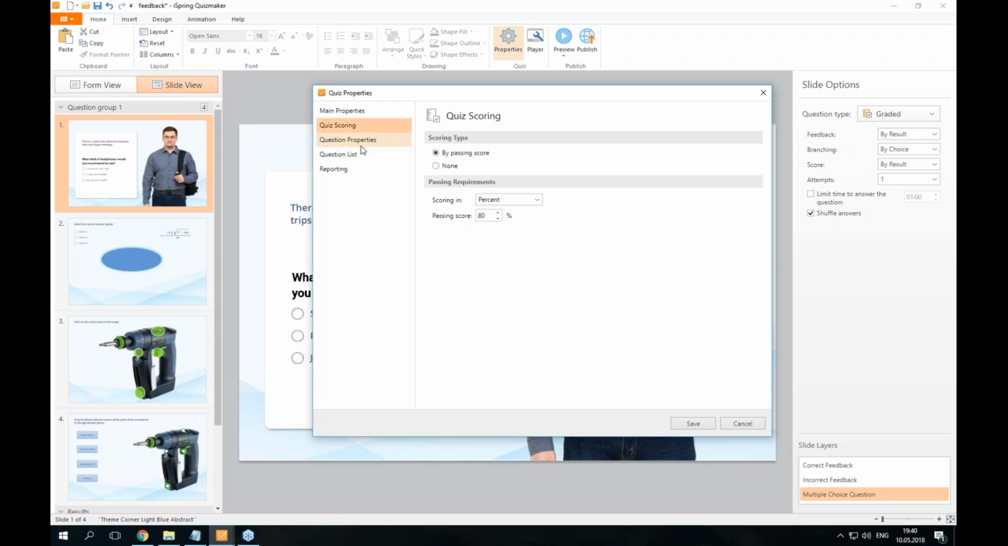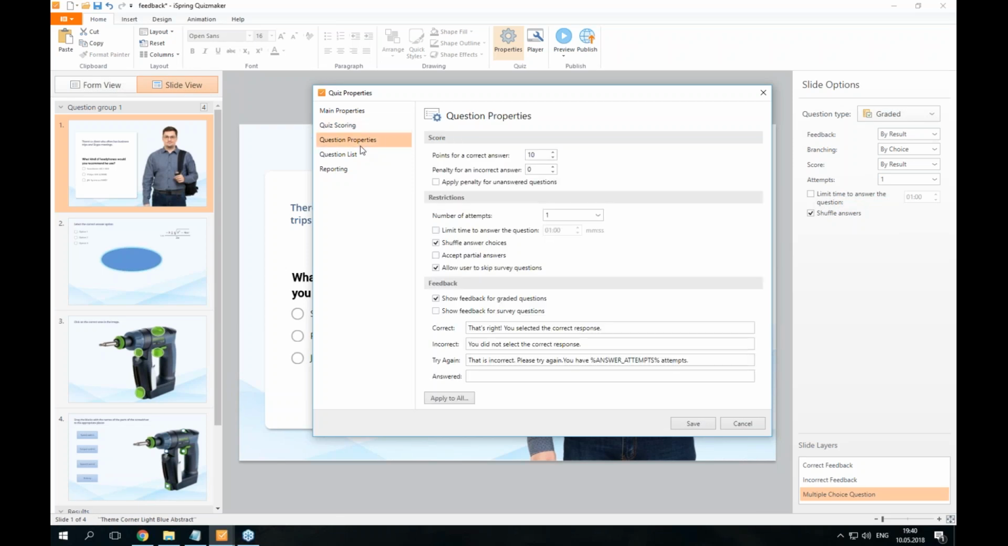Then I will go to the question properties. And I should mention that a very important option has appeared in the new version of iSpring QuizMaker to which you should pay close attention. I mean the button Apply to All. If you click on this button,